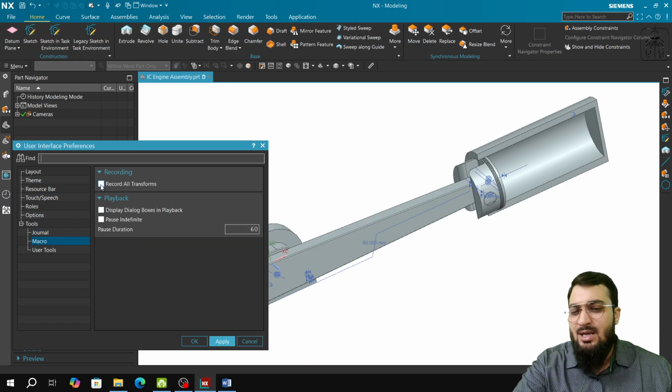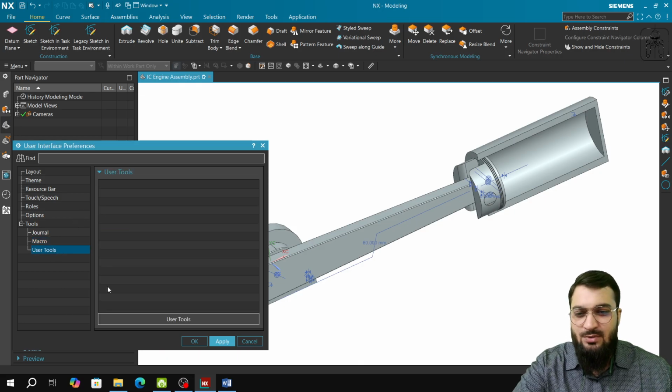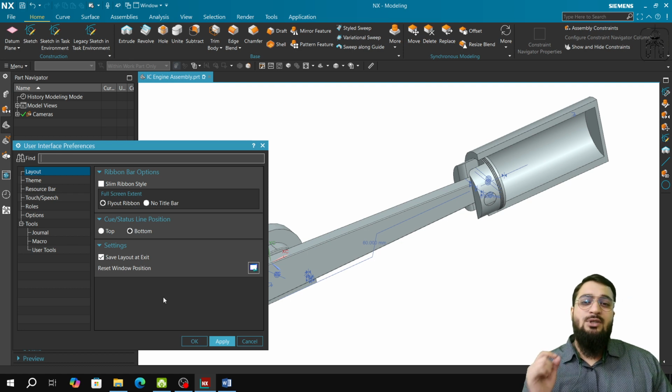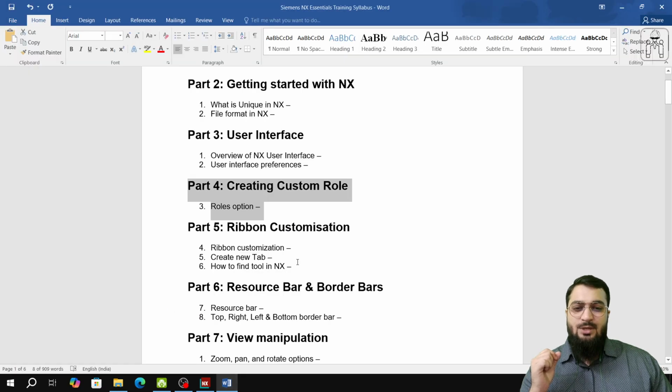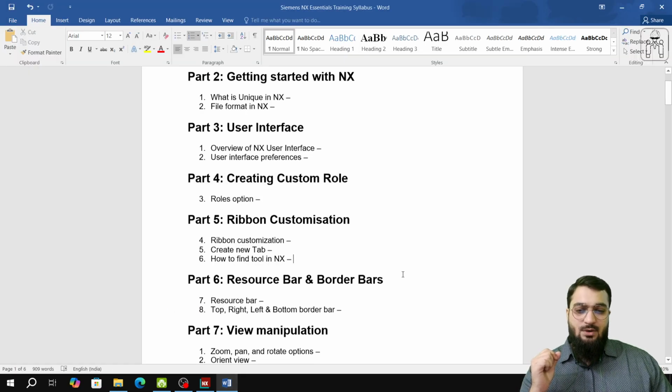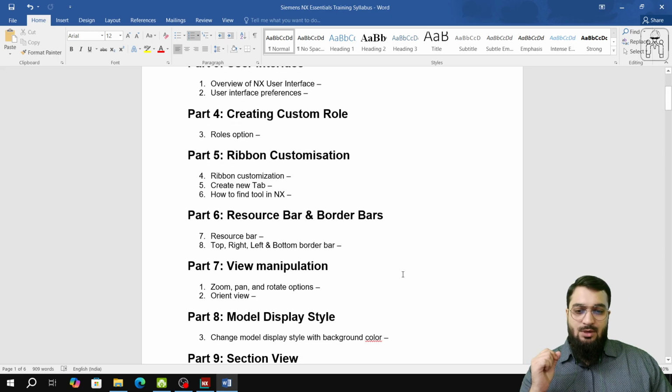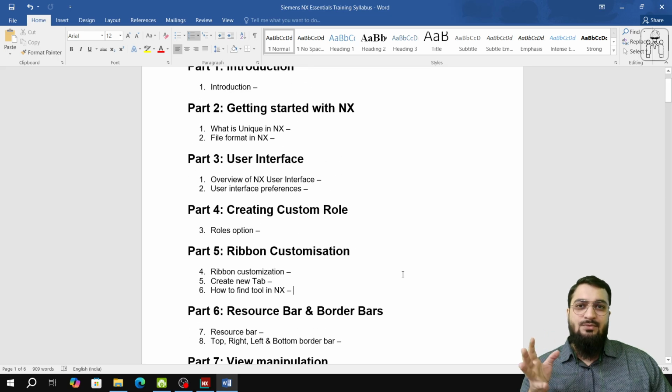You can uncheck these boxes, record all, transform, etc. That is not required as of now. So this was the total overview of the user interface preferences that need to be done as of now for using Siemens NX for sketch, modeling and